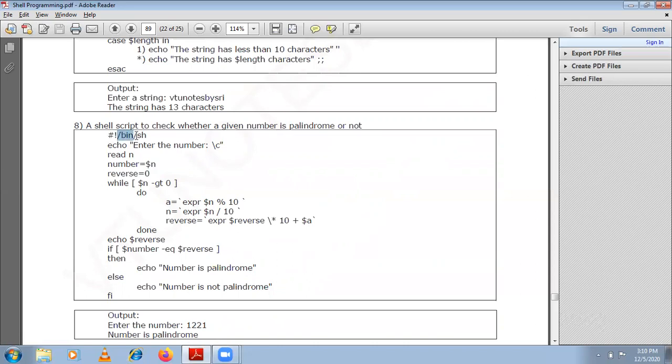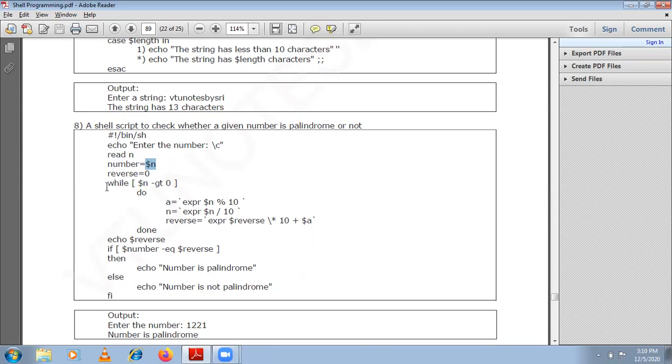Let us see how we can write the shell script to check whether a given number is palindrome or not. So this is the path where your shell script is stored. Then you are asking the user to enter the number followed by a space. Let us enter 121 here. So your 121 will be stored in n variable. So that value of n is copied to number, reverse is set to 0. So first of all, what we are doing, so we are making sure that the original number is stored safely. The original number is getting stored safely in a variable called number. Then we will be doing some manipulation on the n variable. Then we will obtain the reverse of n. Then we will compare the original number and the reverse number.